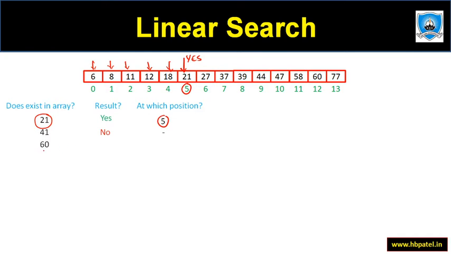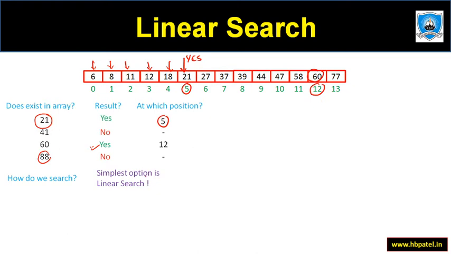Then if I look for 60, you can see 60 is over here. So yes, 60 is there, at place number 12. Supposing we are looking for 88, then 88 is not there. So how do we normally search? We search linearly. The simplest option is we start from the very first element and go all the way till the end of the list.